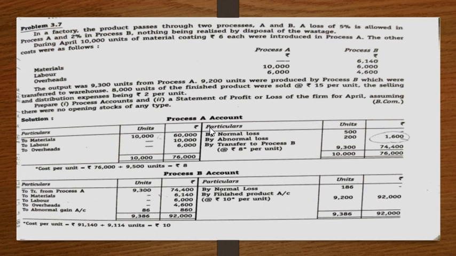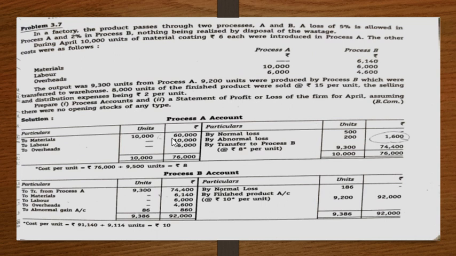So first we'll prepare the process account. To prepare the process account, it is the normal way as we have followed in the other problems we have solved till now. So now first let us get into the process A account. In your input, we'll finish with your input side. The number of units introduced is first to be taken, 10,000 units at rupees 6. So you can write it as materials introduced. So materials is taken here. 10,000 units at rupees 6, 10,000 into 6, will give you 60,000. Next is your labor. So labor is how much?